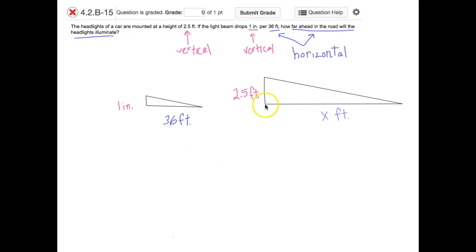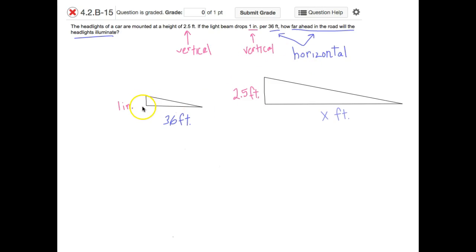And so we're looking for the projection of the light from the car. So that's the key to this proportion. This is a proportion question, but it's a little tricky. You want to just think of what amounts are vertical, what amounts are horizontal, and that will help you get